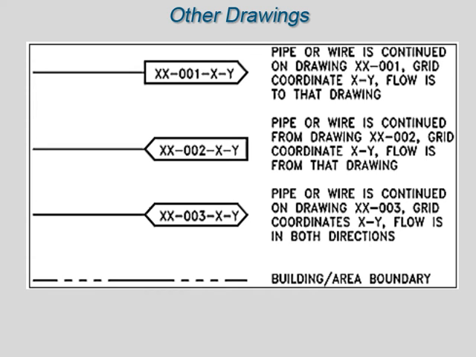Other information is included, such as continuations of systems either to or from another drawing. These include a system that is continued to another drawing, a system that is continued from another drawing, system interconnection where flow can go either way from or to another drawing,